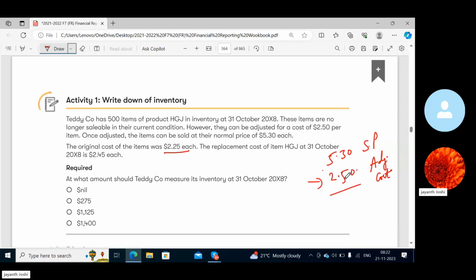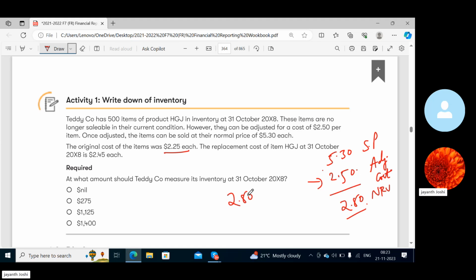So when you subtract the adjusted cost from the selling price, you get NRV, right? Yes. The adjusted cost is some adjustment to be made in the selling price. So for NRV, the cost of disposal or something should be there. So your NRV is 2.80, right? Yeah, so 2.80,